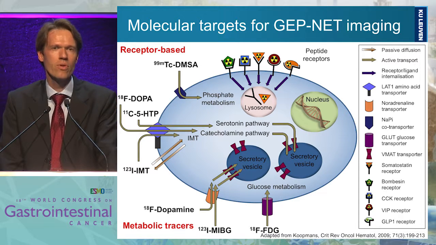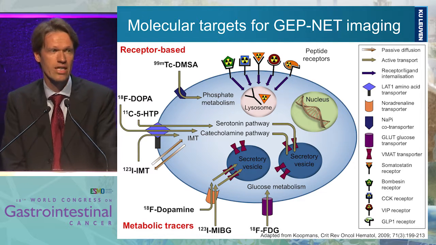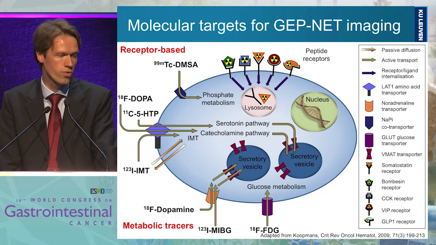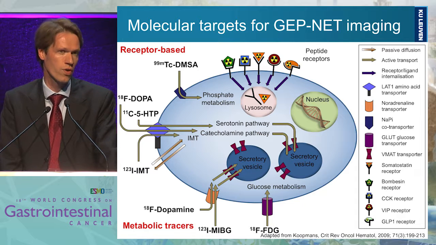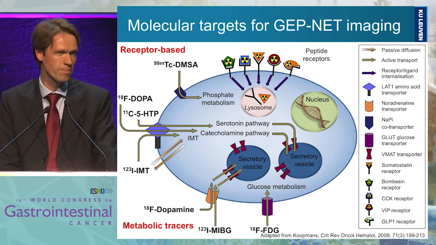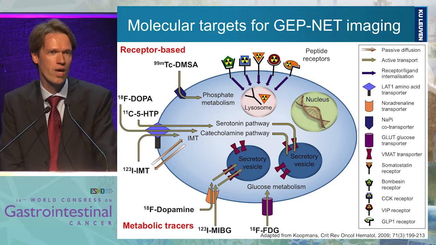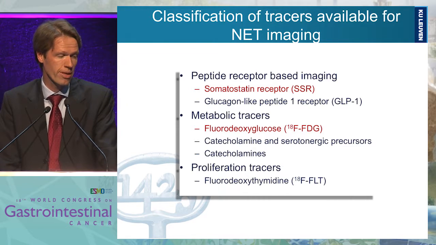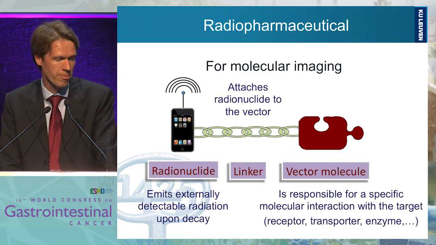Now, neuroendocrine tumors are a tumor type for which many different targets have been explored and tracers have been developed. And broadly speaking, we can divide these in two categories, either peptide receptor-based tracers or tracers that look at the broad metabolism of tumors, both the intrinsic metabolism and also the fact that these tumors, by definition, produce hormones. So I will spend most of my talk on somatostatin receptor imaging and on FDG-PET because it still has a